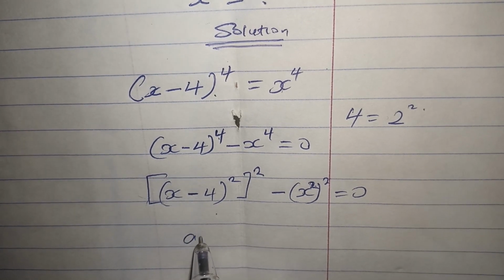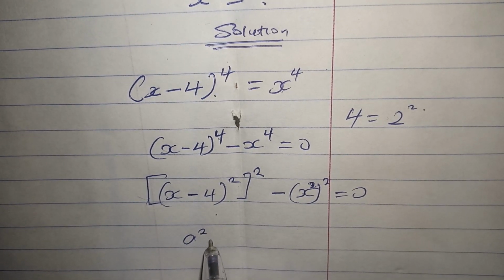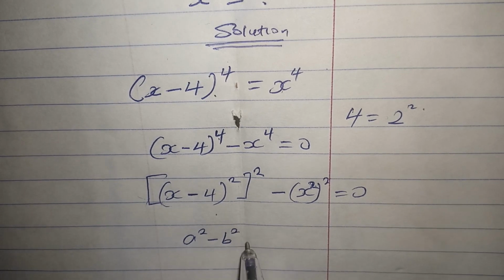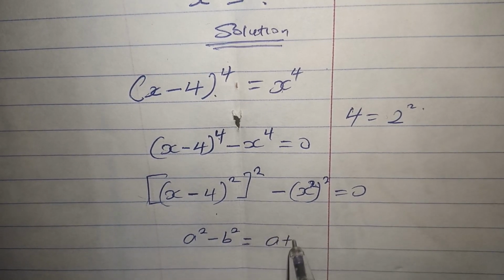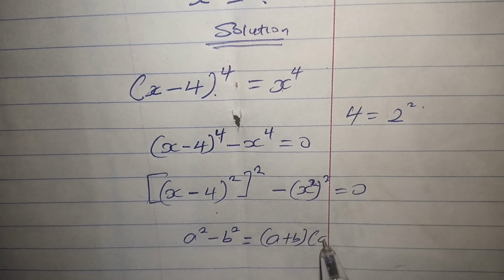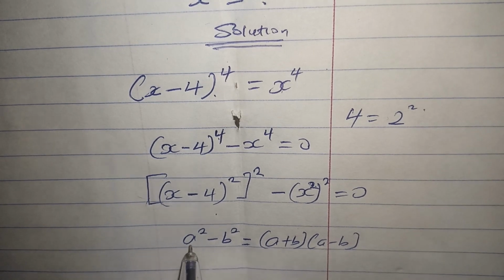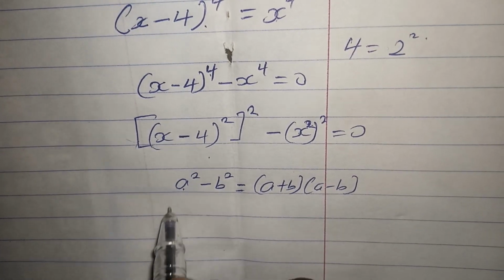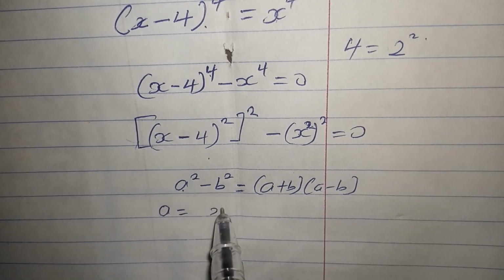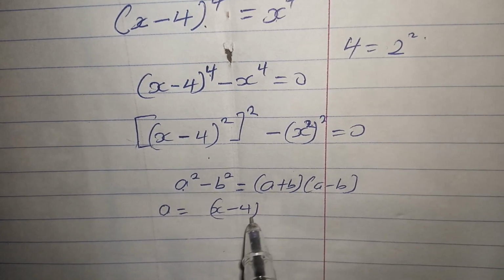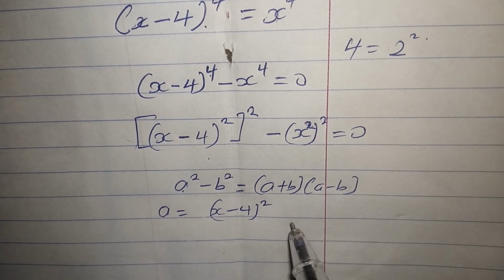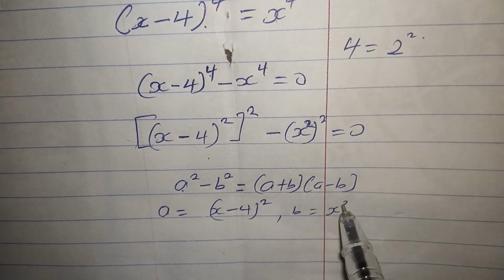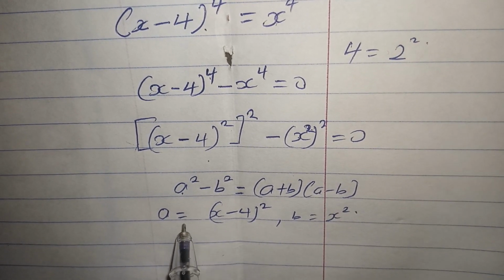Okay, having done this, at this juncture we are going to apply the rule which says if we have a to the power of 2 minus b to the power of 2, it is equal to a plus b times a minus b. So assuming that our a is equal to (x minus 4) to the power of 2, and our b is equal to x to the power of 2. So if we apply this principle here,